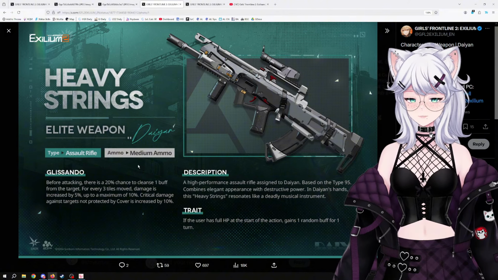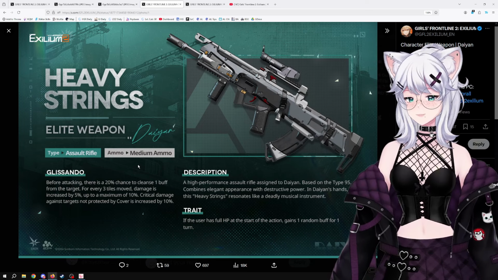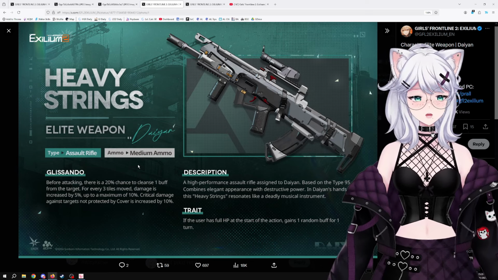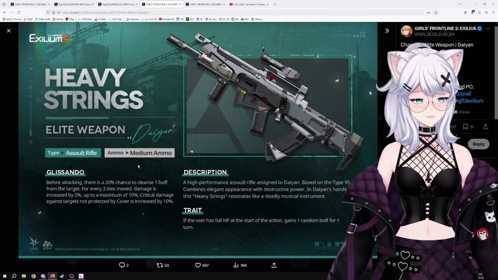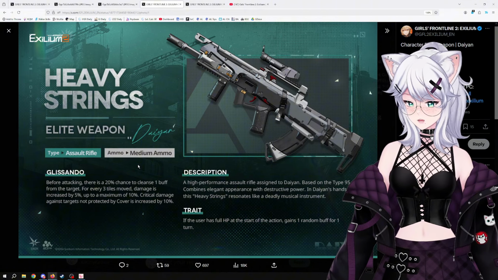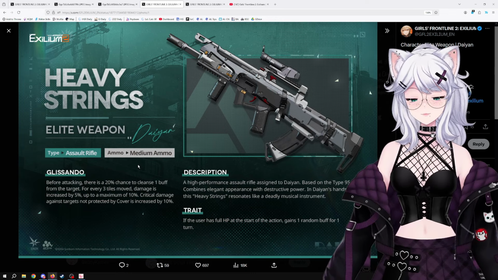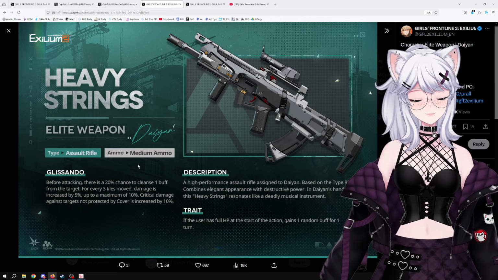She needs to move a lot. She needs to attack enemies that are not in cover. And the fact that she moves a lot is going to increase her crit rates. And then in that case, you have increased crit damage, which is, you know, always something. On top of that, the trait is as per usual. If the user has full HP at the start of the action, gains 1 random buff for 1 turn, which is very nice. So overall, this is a decent weapon. The 20% chance to cleanse an enemy buff is a bit low, but I don't think it's absolutely